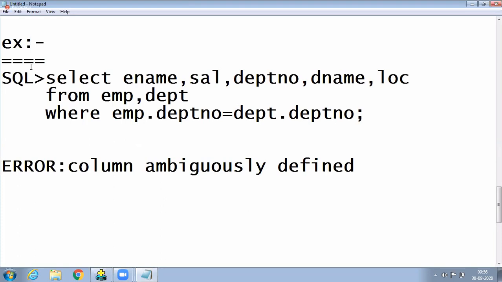Write this example, and the error, write it. The error is important: column ambiguously defined. Up to the end of the class today, concentrate. Very important. So many things are there. First observation. Error, write it: column ambiguously defined.